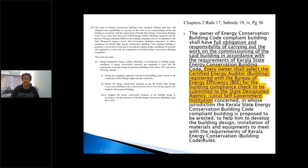Every owner shall select the certified energy auditor, who is registered with the Bureau of Energy Efficiency, for building compliance checks to be submitted to the state designated agency or the local self-government, right? Now the owner can also take guidance from such a professional, who is a certified energy auditor, to develop the building design. So if I am a building owner, what I would ideally do,